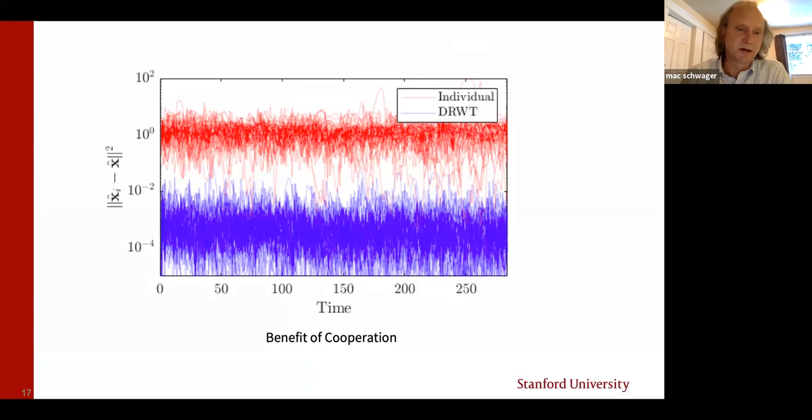This shows you the mean squared error of the filter, averaged over all cars and over all time. So this is the baseline filter performance that would be expected from today's autonomous cars. This is the benefit of cooperation. This is if the cars cooperate together in order to co-optimize their estimate of where the targets are. You can see there's 3 to 4 orders of magnitude improvement in the mean squared error. There's a dramatic improvement. So clearly, if we can enable our autonomous cars to share data over a vehicle-to-vehicle network, there's a huge benefit to doing that.